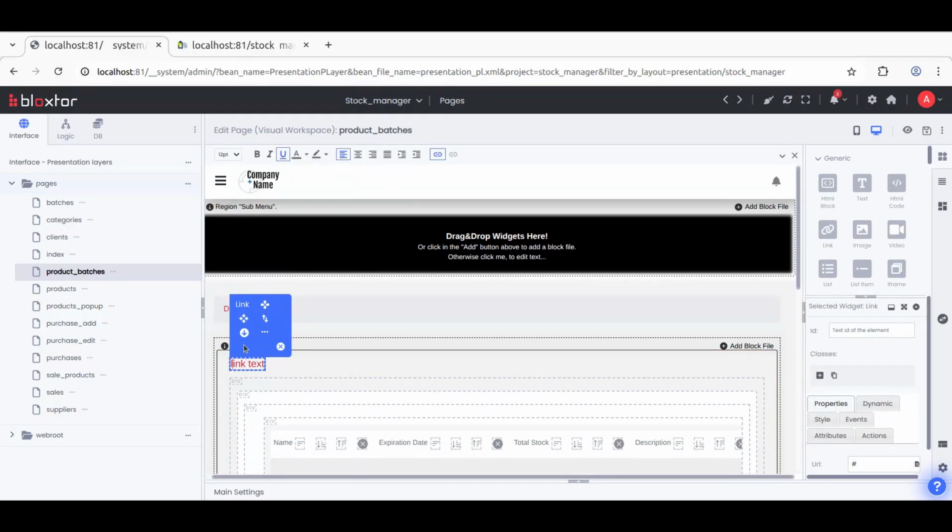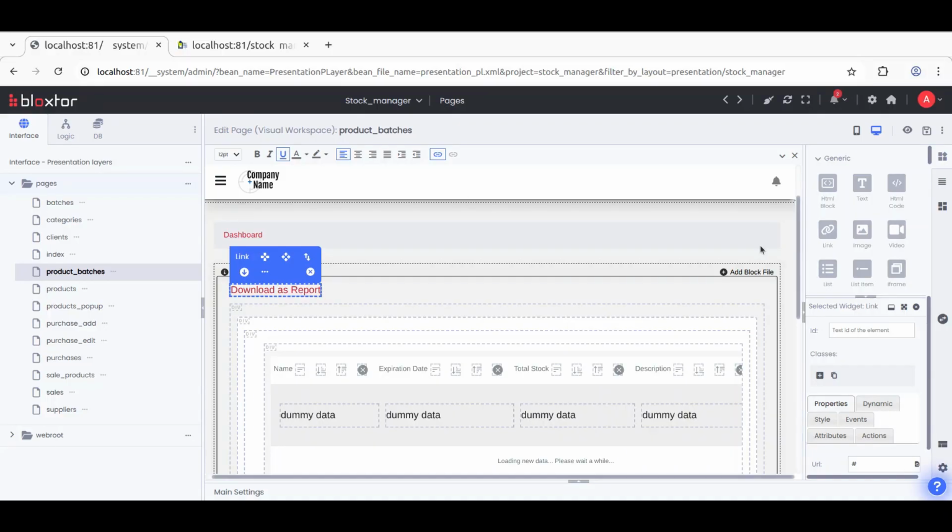That's basically will be, let's call it download as reports, whatever. Download as report, and basically this link would show a different page. It will open a different page, so the user can download the report. So let's save this,